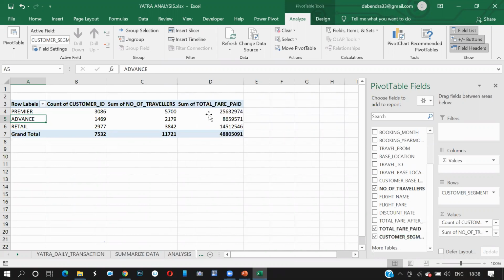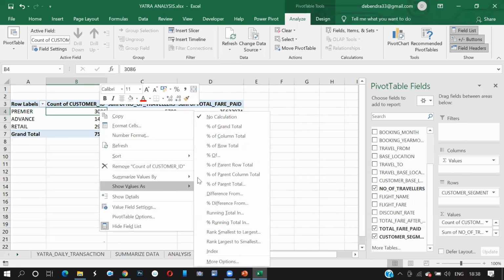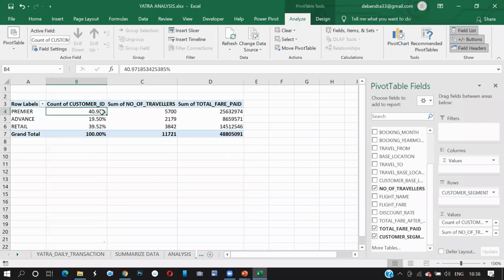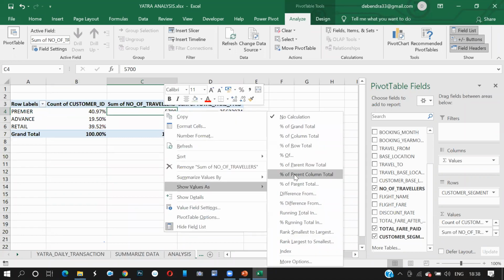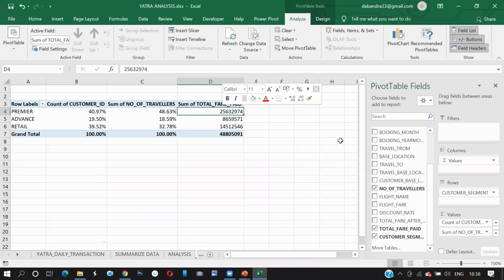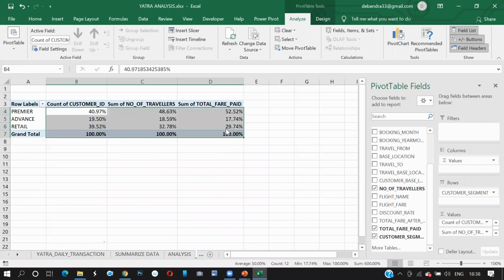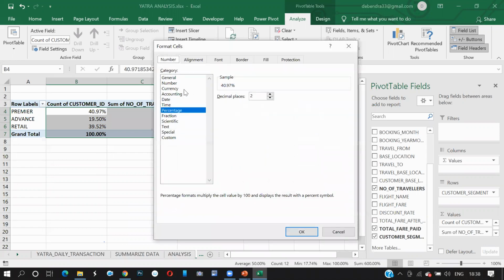So guys, this is the information which you gather from the data. How will you present this to the business? You say show value as percentage of the column total. It shows what percentage of customers you have as premier, and how many times they're visiting. Selecting all this, I format cells with 0 decimal values.